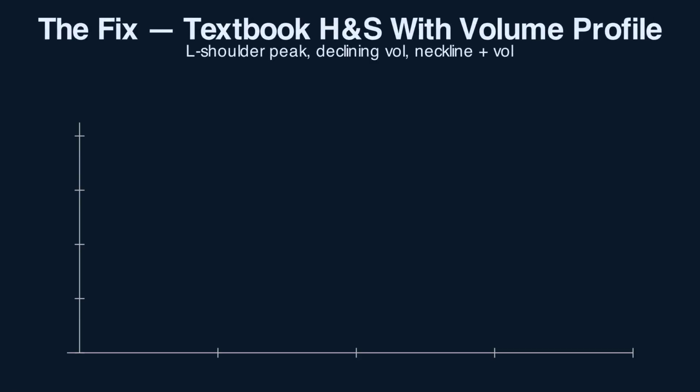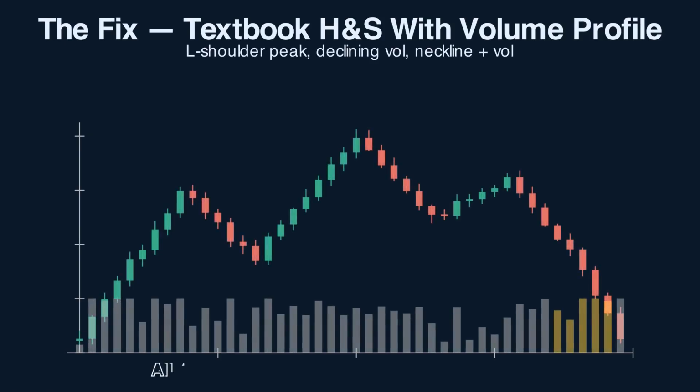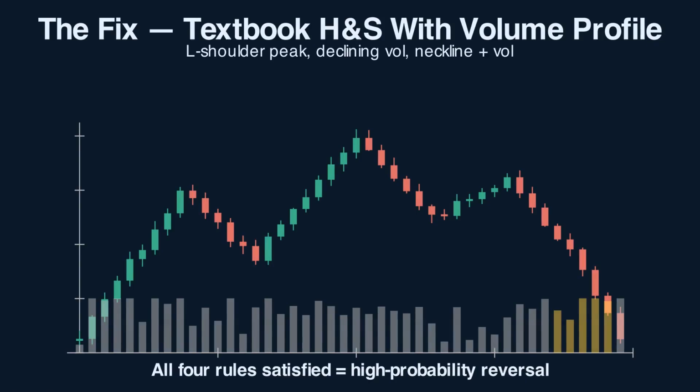Now the textbook pattern. Prior uptrend established. Left shoulder forms on heavy volume, clear bullish push. Head makes a new high on visibly lighter volume, bulls pushing harder for less result. Right shoulder forms on even lighter volume, exhaustion. Then the neckline break candle prints on a sharp volume expansion, sellers commit. The trader enters short on the break, stops just above the right shoulder, targets a measured move equal to the head to neckline distance. All 4 rules satisfied. This is the famous HNS trade that delivers high win rates, and it's nothing like the random 3-bump patterns retail